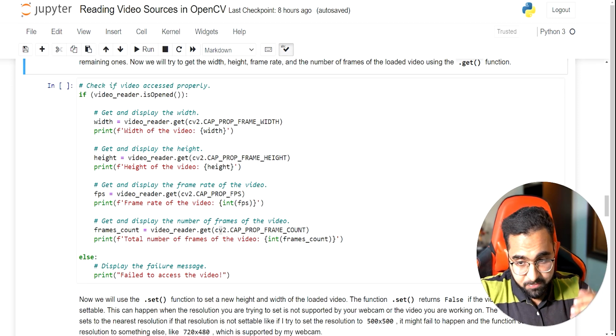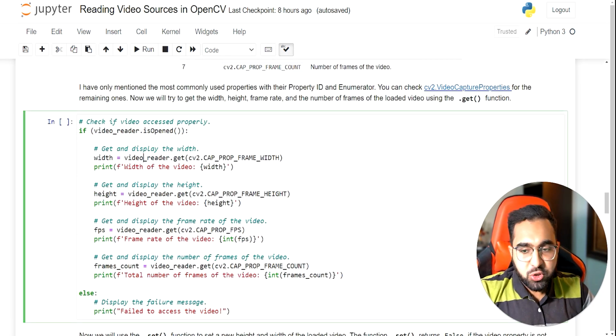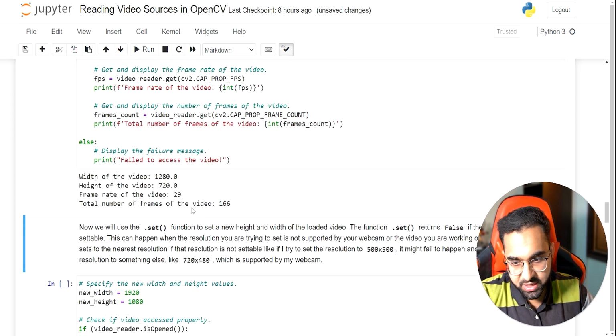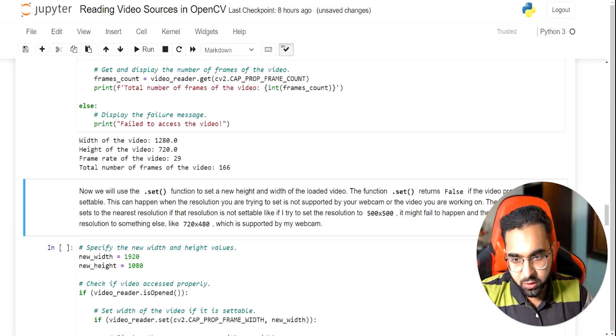Anyways, now let me briefly show you how to get some properties by running this function. I have the video reader object, and I will just specify video reader.get, and I'll tell it to give me the width of the video, and similarly the height, the FPS and the total frame count. When I run this, I'll see that the video I have currently read, this waterfall video, has a width of 1280 and a height of 720, and the frame rate is 29.